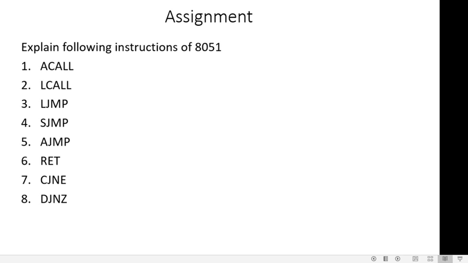ACALL means absolute call, LCALL means long call, LJMP means long jump, SJMP means short jump, AJMP means absolute jump. So there are 2 call instructions and 3 types of jump instructions. Then we have RET, return from subroutine; CJNE, compare, jump if not equal; DJNZ means decrement, jump if not 0.